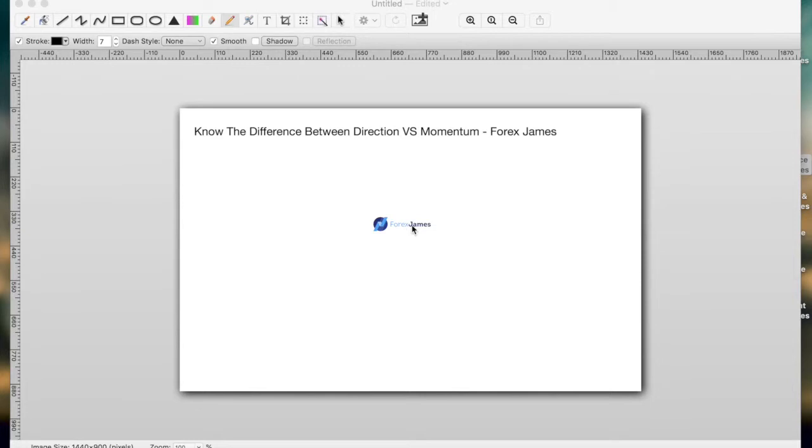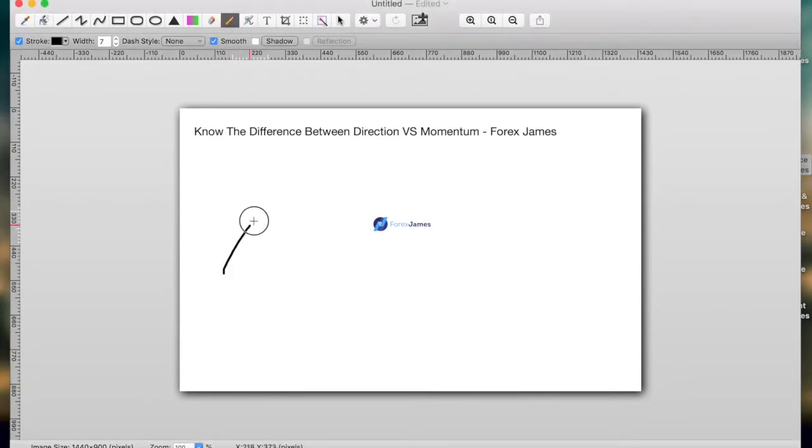So what's direction for me? It's basically a directional bias of price. Up or down. There's only two directions and all you have to do is pick one. What I like to do is usually look at the upper time frame and from there get my direction bias. So for example,